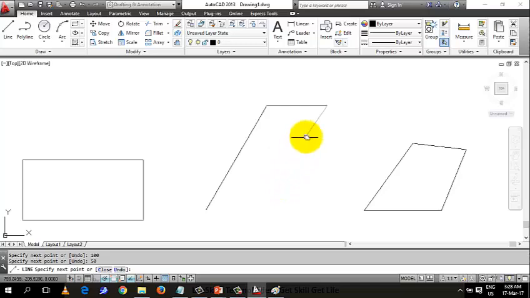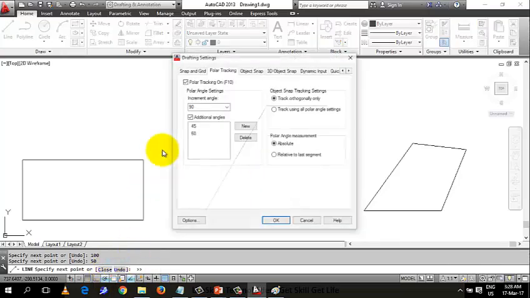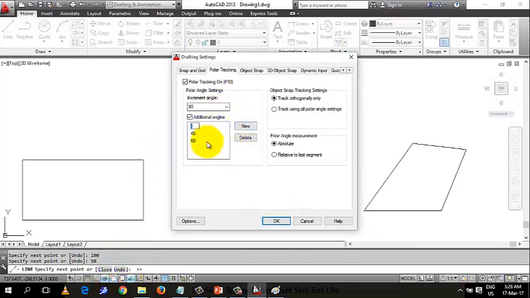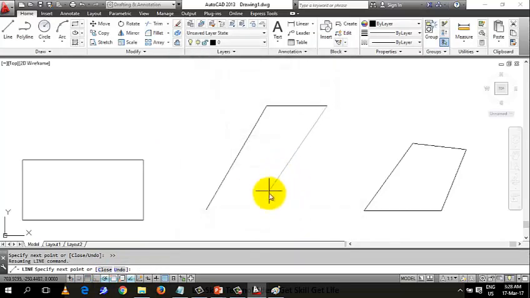300. So this one will be at angle 300. Don't forget AutoCAD measures angle anti-clockwise. So if I want to draw in this direction, that will be 300 and I have not set it. So I can quickly do that. Come here, go to settings, add new, type 300, say OK. Then if I do that, I think